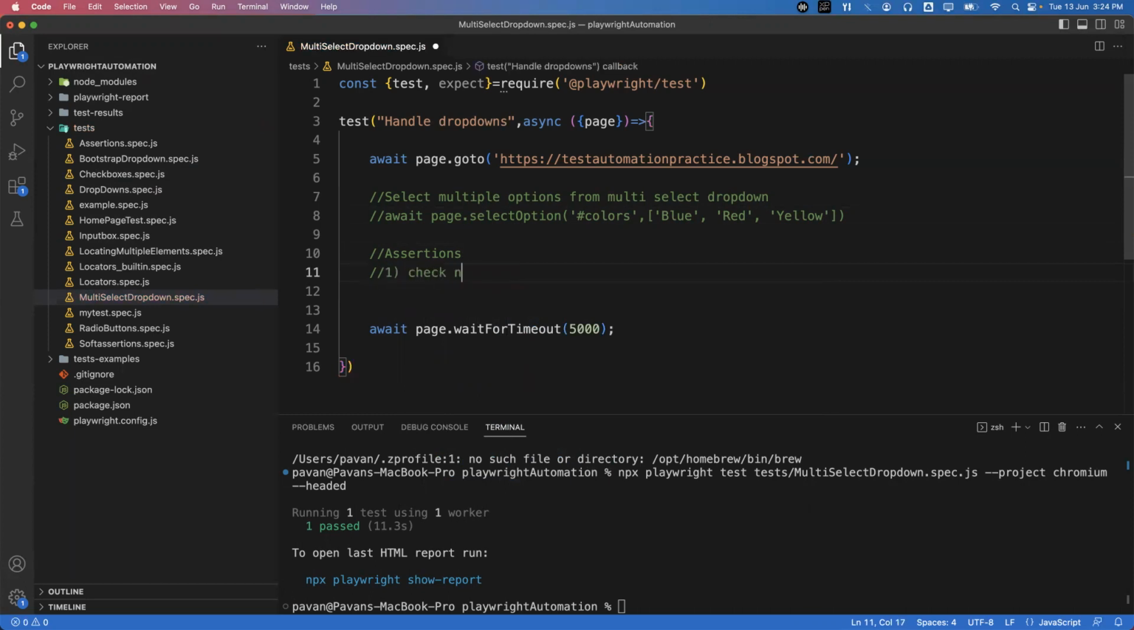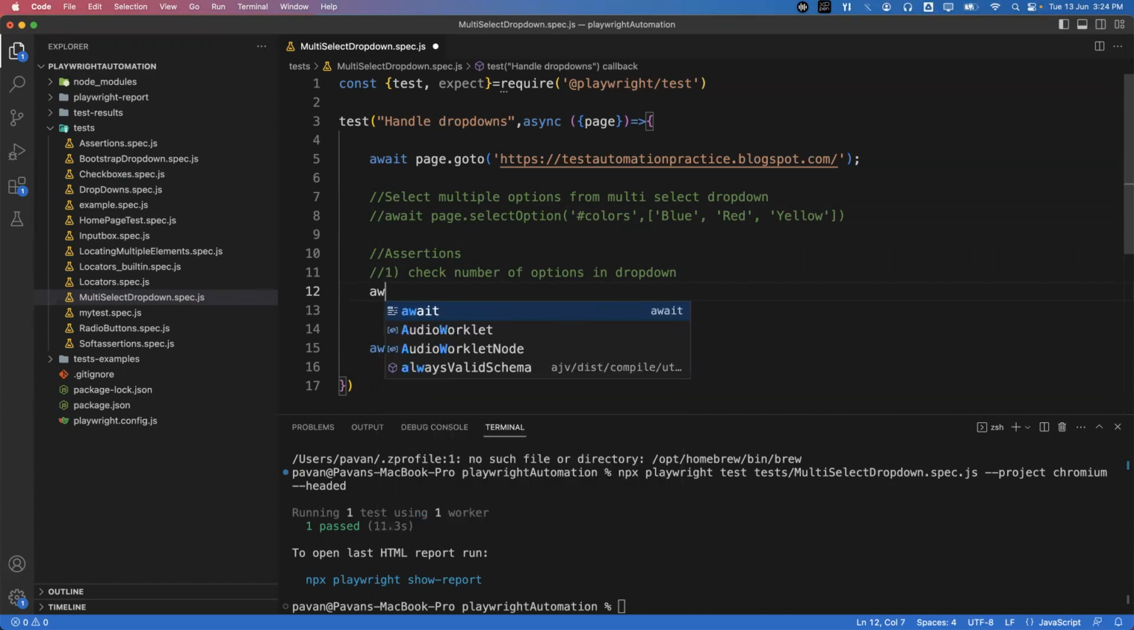The first one is check number of options in drop down. It is exactly the same as in the previous drop down. And same thing, we can just capture all the options from the drop down. So to capture all the options, we need to write await